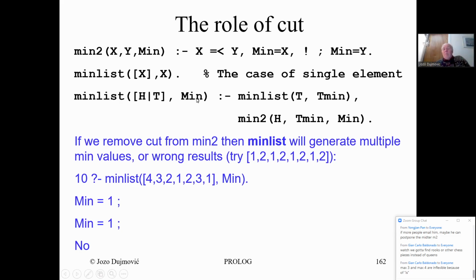So how to find the minimum of the list? The minimum of the list is the smallest between head and minimum of tail. And that's fine, recursive, tail recursive reasoning. So you have to compute the minimum of the tail, and then compare the minimum of the tail with the head to get the minimum value. However, what happens if